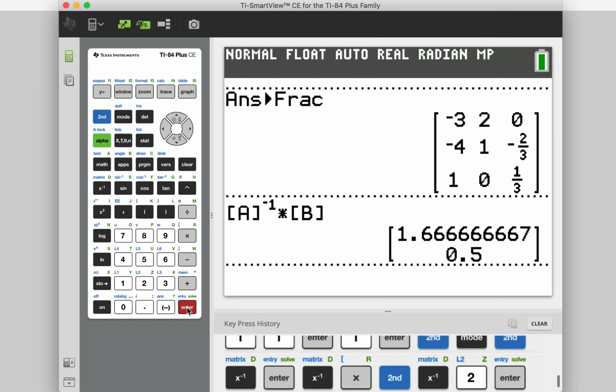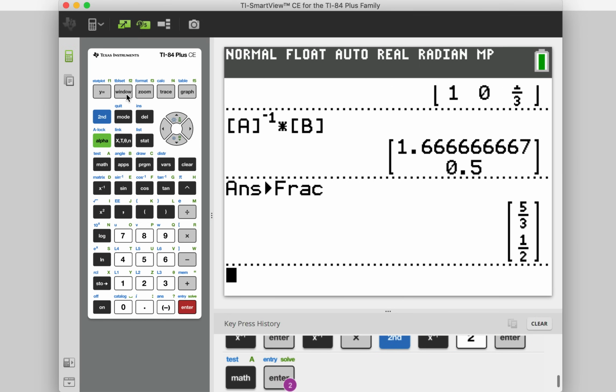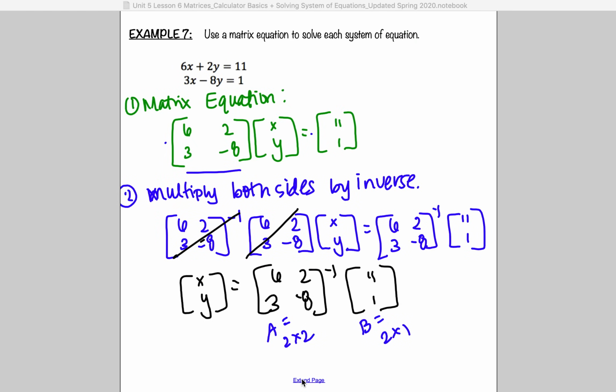And I hit enter. And I see that I have my answer here, but I'm going to go ahead and put them as fractions. So I go math frac. I got 5/3 and 1/2. Okay, so when I calculate this,